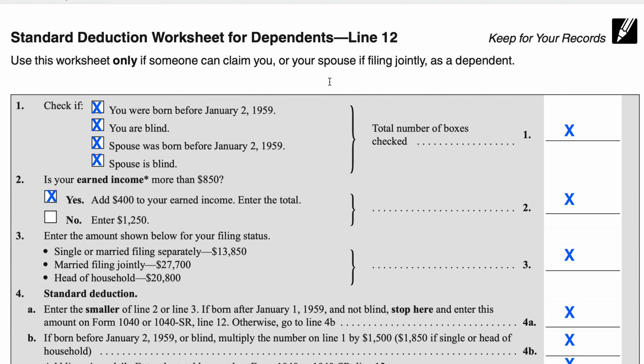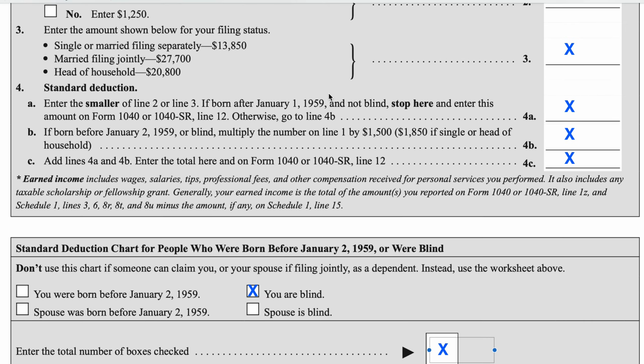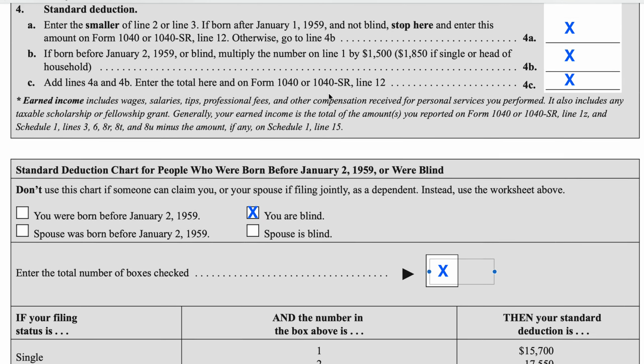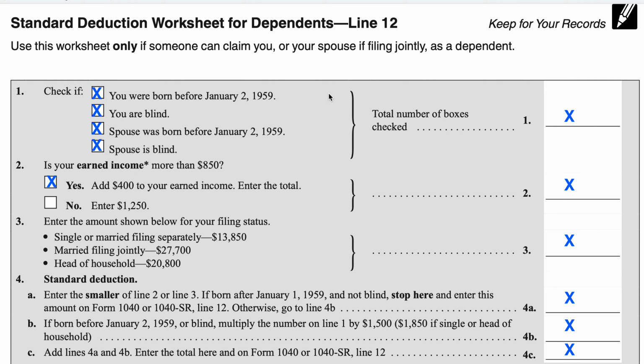First, we're going to just take a stroll through the top part, which again, for clarification, is the worksheet for people who could be claimed as dependents on a tax return. So again, you would find this on page 34 of the form instructions. Sorry for ducking down there, I just had to get the page number. So if you go to page 34 of the form instructions, you'll find this worksheet. So in this situation,